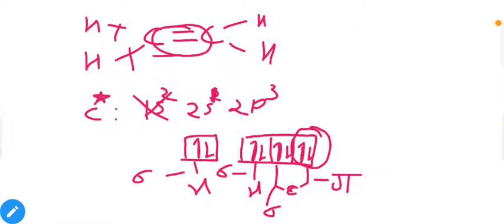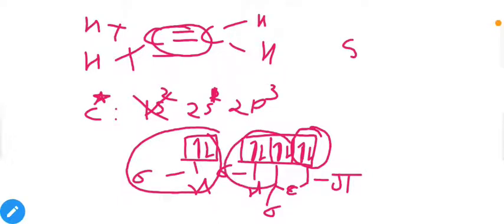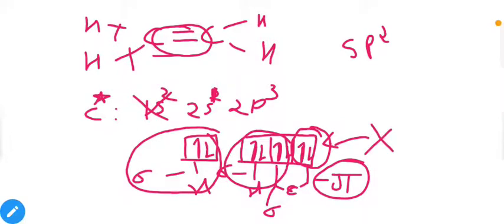We have one sigma electron pair in the s orbital of carbon and two sigma electron pairs in p orbitals, and the third p orbital contains a pi electron pair, so that means you do not need to count it in hybridization. So this is the hybridization of the carbons present in the ethene molecule: sp2.